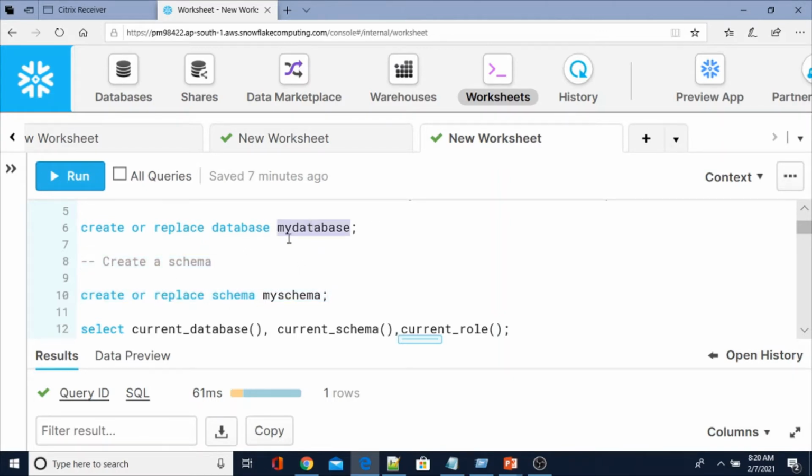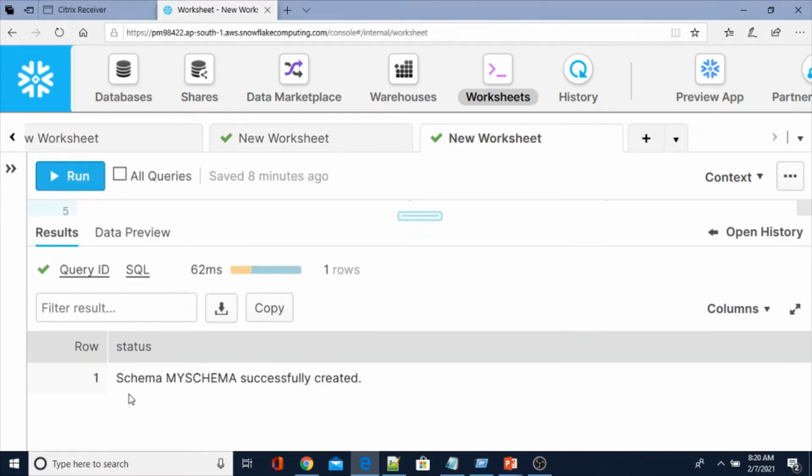So here I just created a database called my database. Now I am going to create a schema without specifying the database name. Let me show you that. Create or replace schema. So schema my schema successfully created.